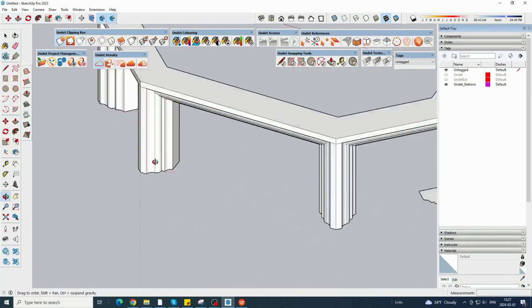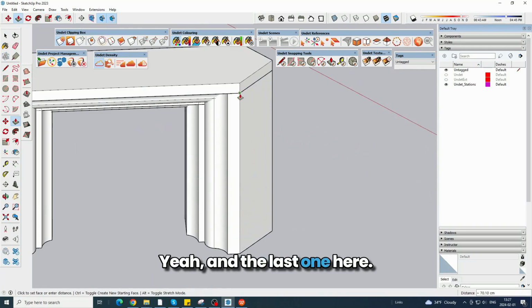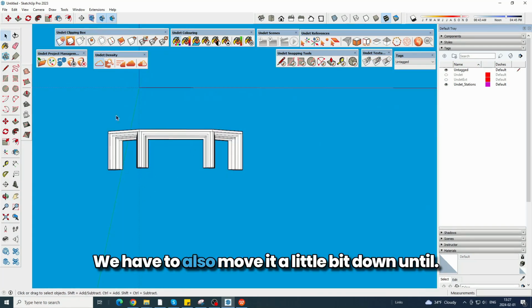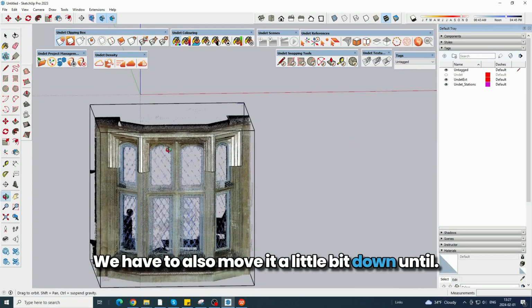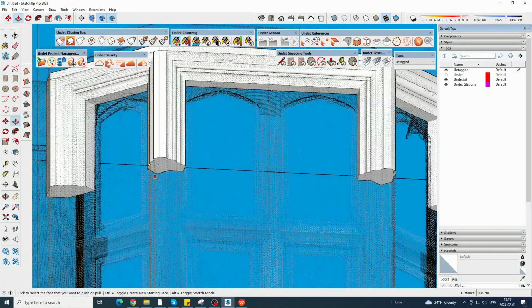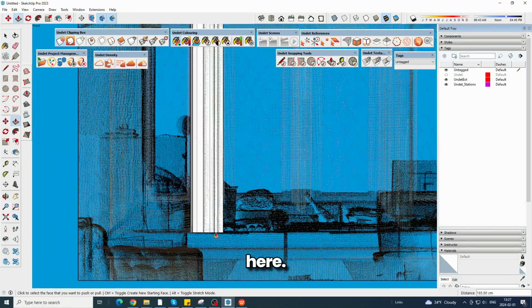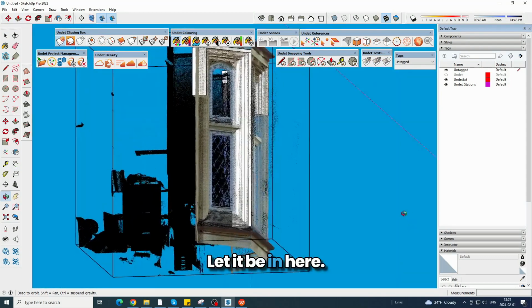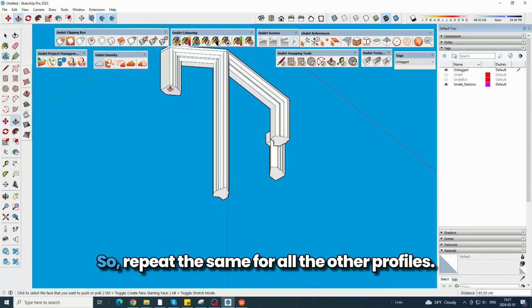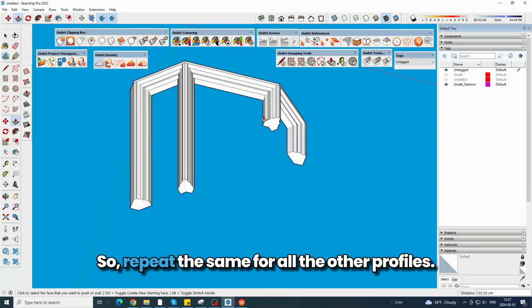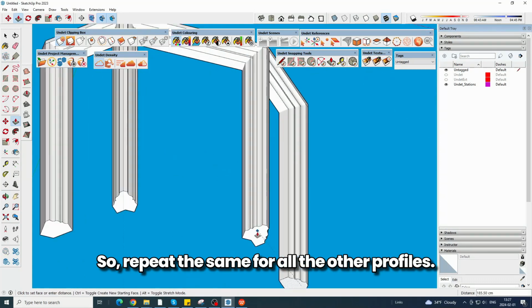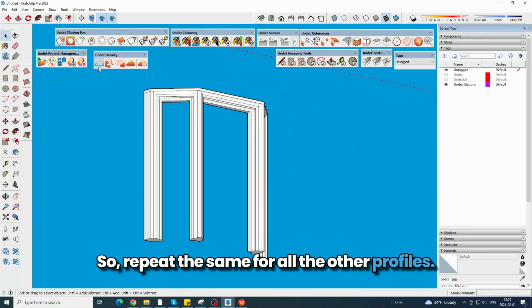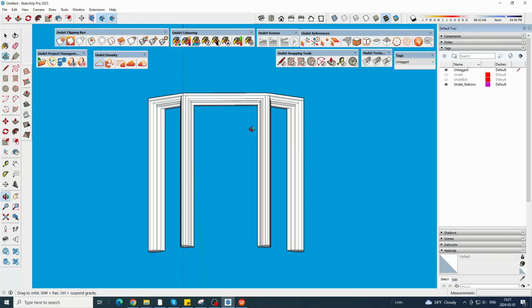Those two here and the last one here. We have to also move it a little bit down until it's here. Let it be in here. So repeat the same for all the other profiles. We have almost intersect